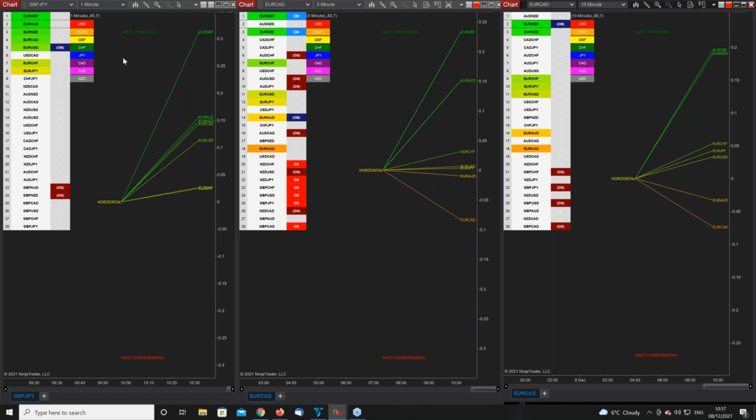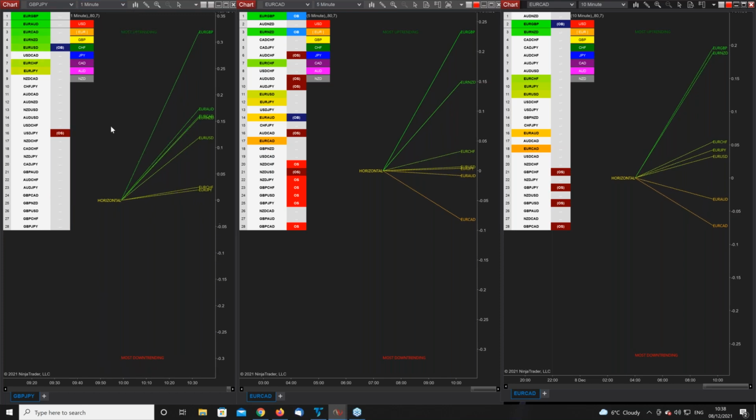It's forcing the euro. But what's more important is that what you're seeing here is universal sentiment towards the euro for whatever reason. It could be news, it could be political, whatever it is, doesn't matter, fundamental. The buying of the euro at the moment, certainly on this very fast time frame of 1 minute, is universal. In other words, the euro is currently being bought against all the other pairs.